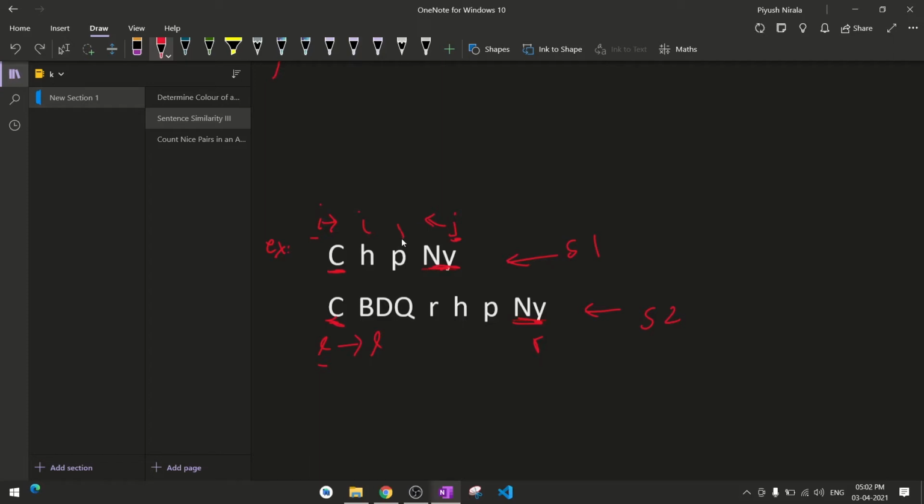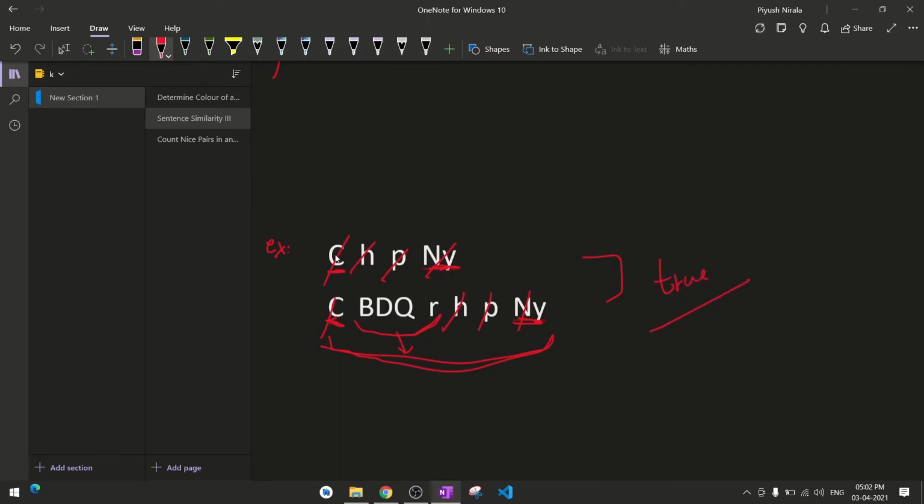Same with R. In this example, if we just see manually what the answer will be, C is equal to C, ny is ny, H is equal to H, P is equal to P. So this is the arbitrary string which is put in this sentence. This is a valid case, it's a true case.